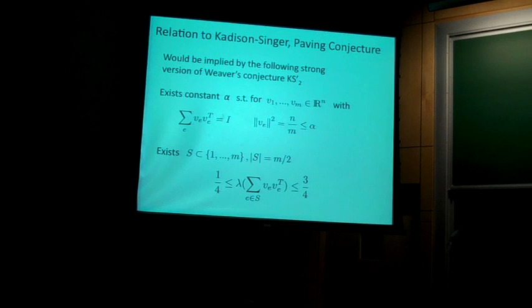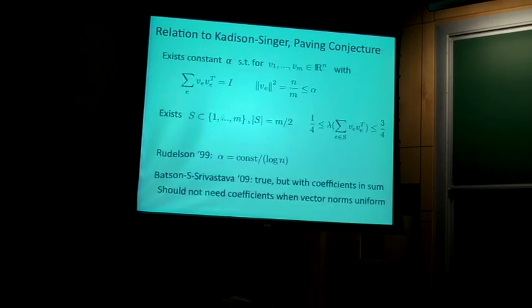It suggests that there's a subset of half of them, so that when I take a look at the sum of their outer products, we won't expect all the eigenvalues to average to a half, but you just want all of them to be between a fourth and 3/4. This is very close to what I've shown you so far. So let me show you how close it is.